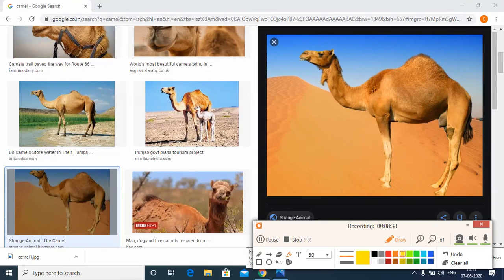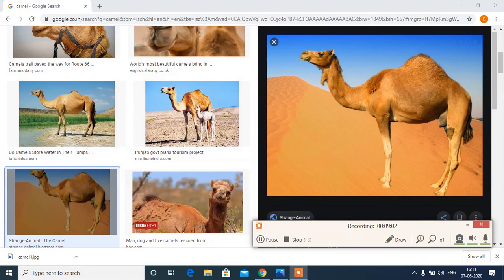Now in the left bottom corner we find the notification that my image is being saved. Look at this area, highlighted area. Here is the notification. So I am sure that my image got saved. Now I want to open the saved image.